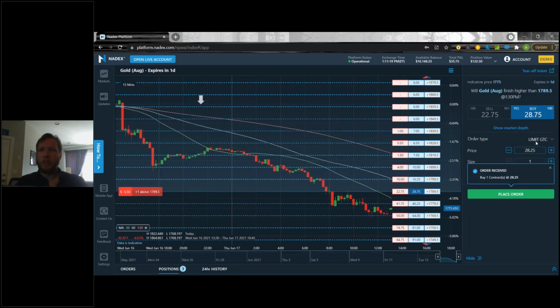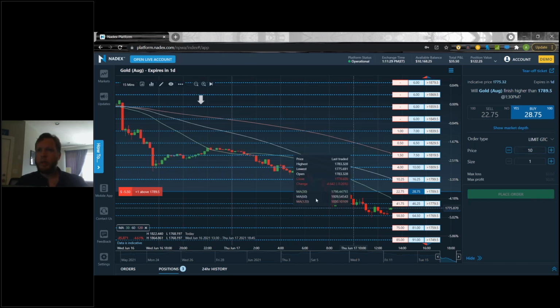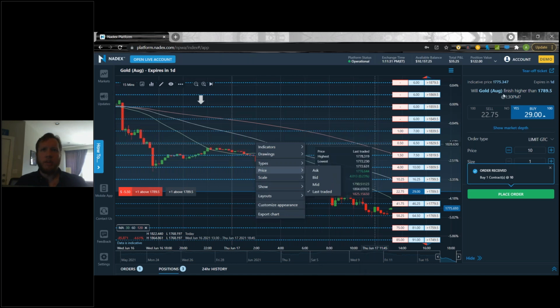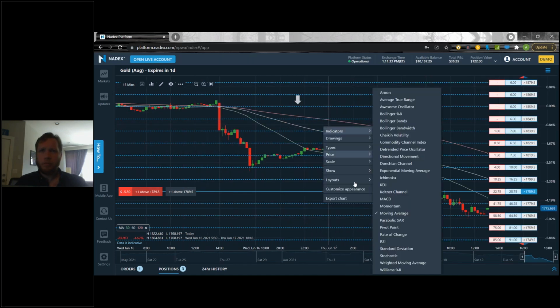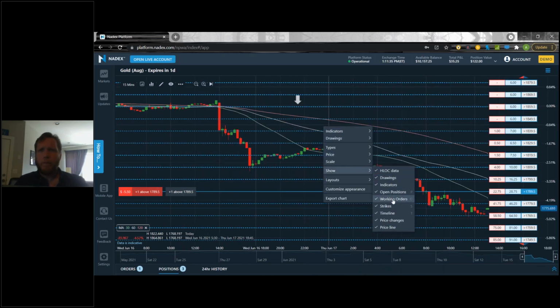And let's get into a working order as well, so I can show you this. So I have my open positions, I have my working orders. And we can see here, so if I turn that off, or it hides the open position, I can turn it back on. Same thing with the working orders.